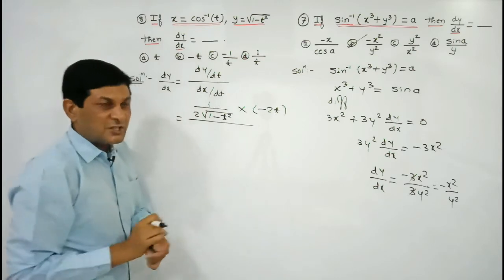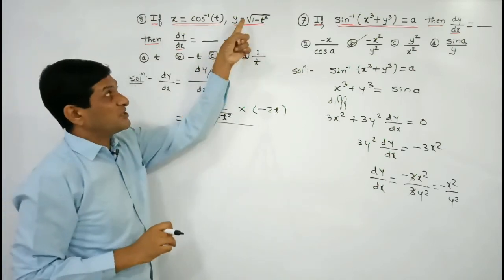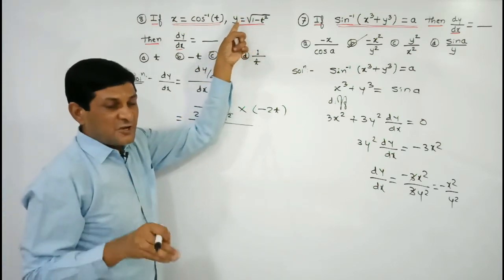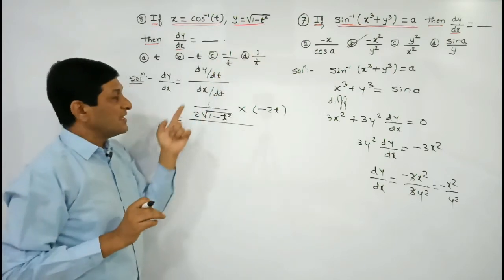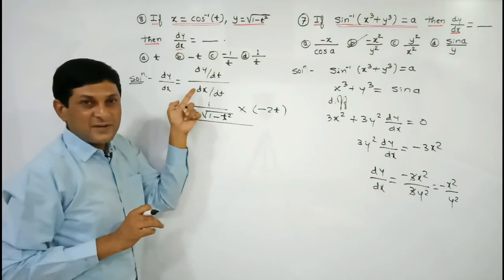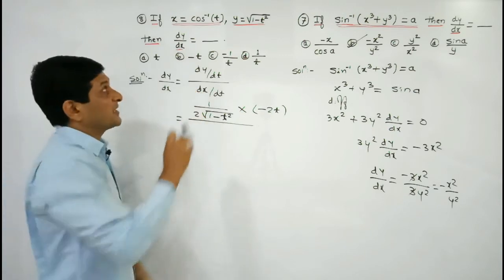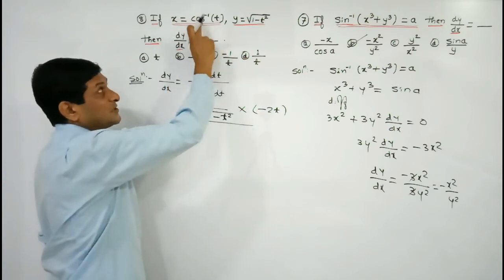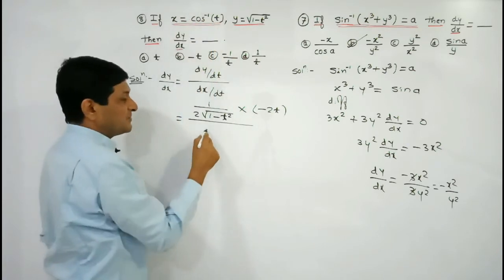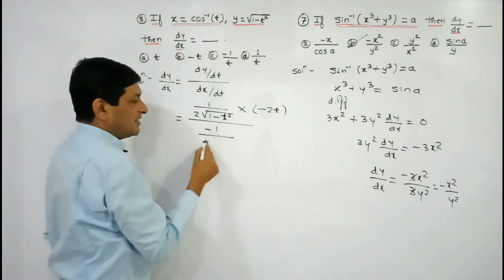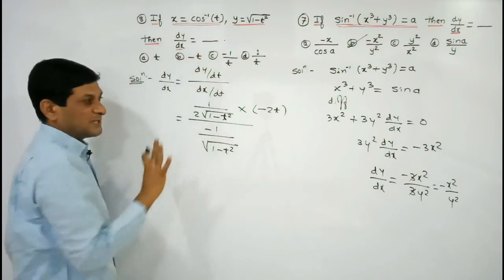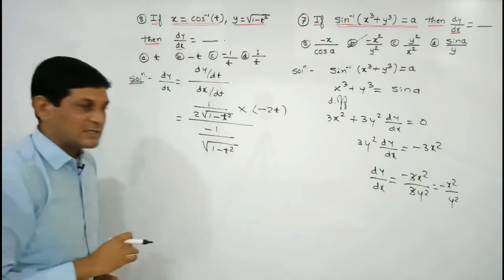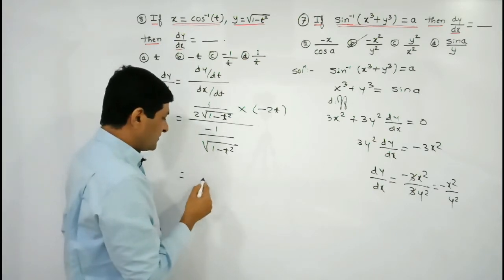Okay, differentiation of this y, means derivative of y means what? The derivative of under root 1 minus t square is completed. In the denominator we are finding the differentiation of x with respect to t. This is the value of x. चलो cos inverse of t का derivative क्या है? minus 1 upon under root 1 minus t square. So the differentiation of cos inverse of t is also known to us, means differentiation is completed. The remaining part is just the simplification part.